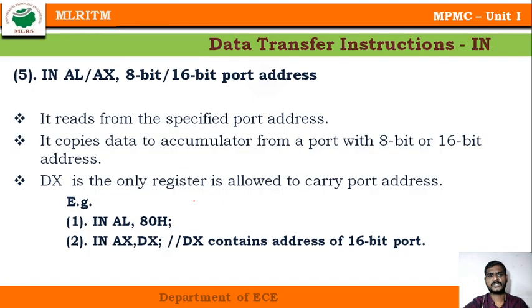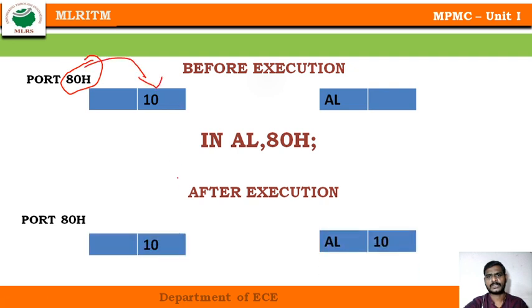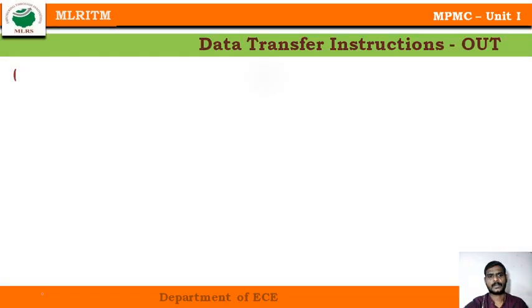These are the instructions used when I want to transmit data in. When I use an external device for input data, the address can be transmitted to the AL. That may be an immediate value or a register. With an example you can better understand: MOV AL, 80H. Here 80H is a port address. Whatever is at the port address has to be transmitted into the AL register, because AL is your destination register.